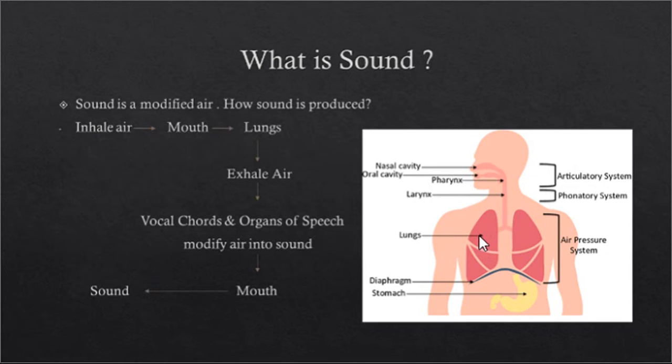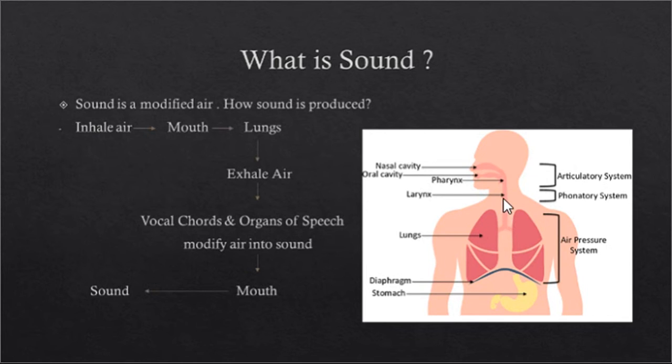Then air comes back from the lungs, and there is a trachea, larynx, which is in your neck. Then pharynx. Then this air, with the help of the vocal cords, the Adam's apple, that has vocal cords,